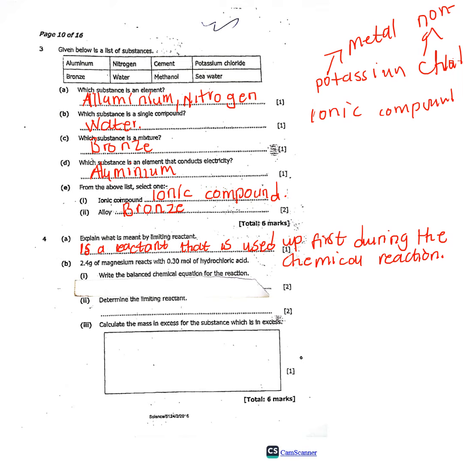The one that will be used up first before the other one is done is what we call the limiting reactant. Now for question B,